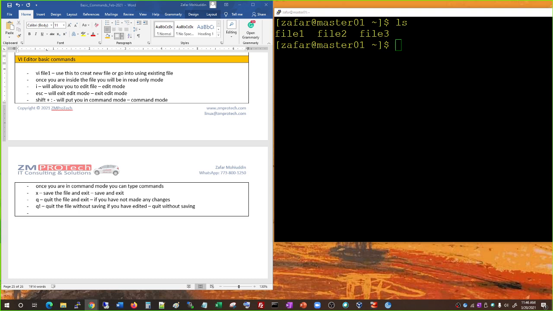In fact, let me just put in the basic ones here, and I'll put the basic commands and the advanced commands also, and let's see what happens. vi editor,